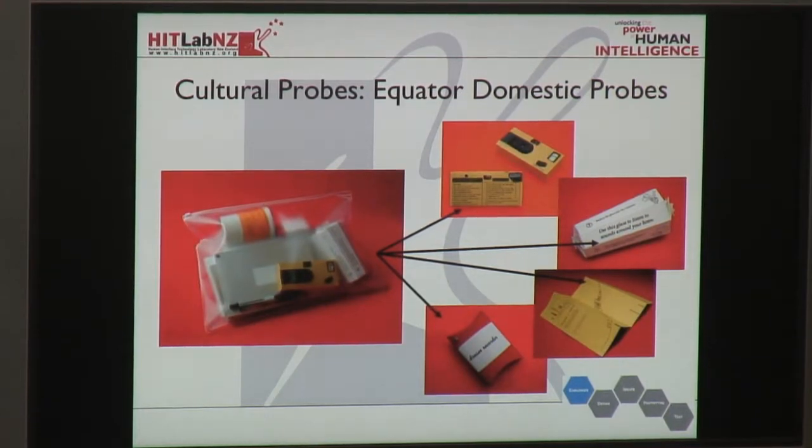Then this little thing here, which is this paper cone, they said, use this to listen to sounds around your home. So you have this paper cone here, and you listen in different situations. You put it to the wall of your bedroom, and it says, what sounds can you hear coming through your bedroom wall at 10 o'clock at night? And some other tools as well. So the idea is you give 20 or 30 of these bags out to people, then you collect back in what they did with it, and it gives you a snapshot of their daily lives.